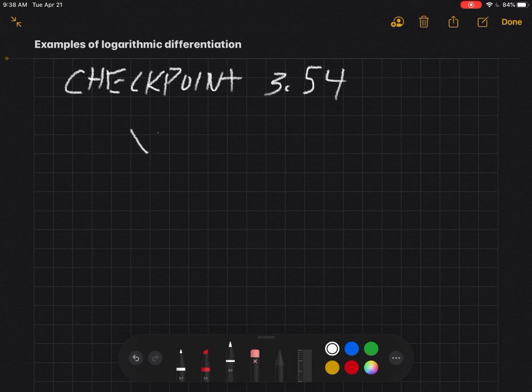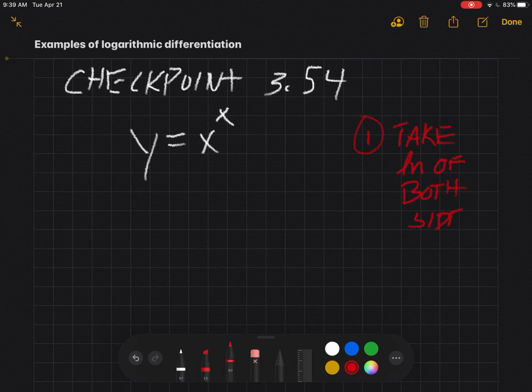Hello, calculus. In this video, I'm going to do two examples of logarithmic differentiation, just to give you a feel for how this goes. So the first example I'm going to do is checkpoint 3.54 in your textbook. And so we're going to find the derivative of y is equal to x to the x